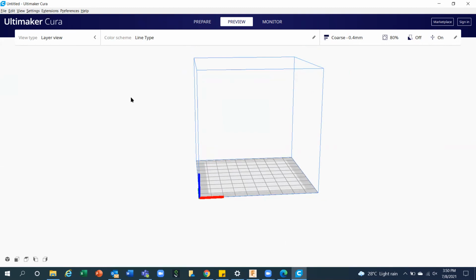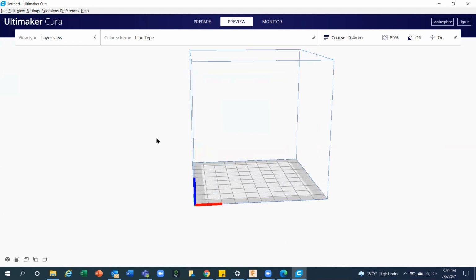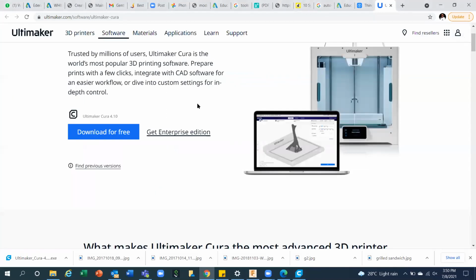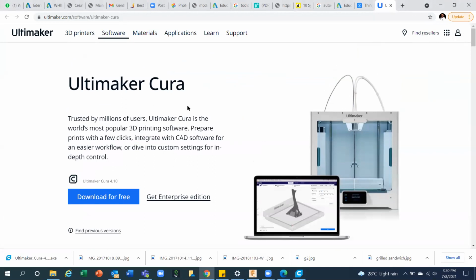As I saw in the last slide, you have saved it as cup and you have converted it into an STL file. After that, my connectivity is lost. So yes, after that you have to download and install any of the slicing tools. I have already given you one link, that is Ultimaker Cura. This is open source and available free of cost. You can download this Ultimaker Cura software.